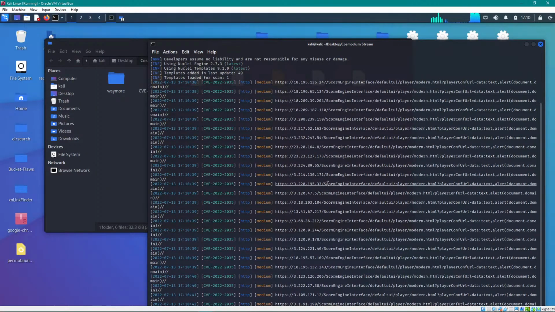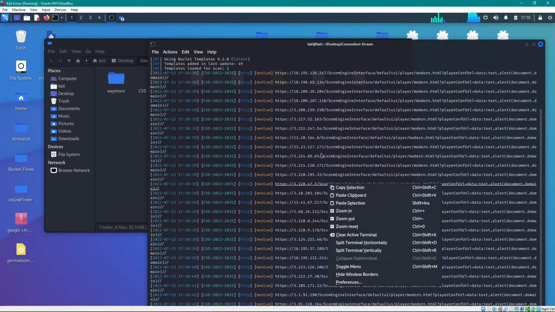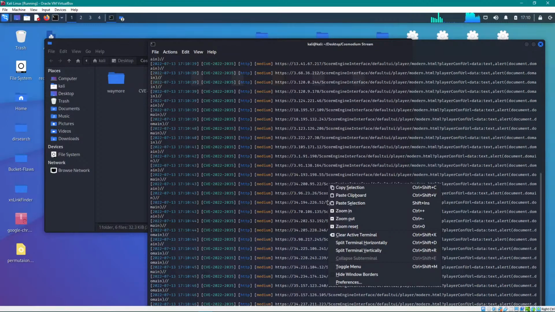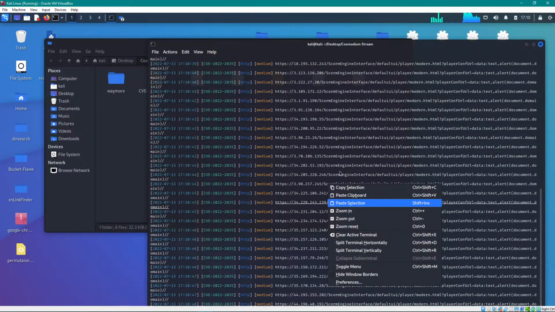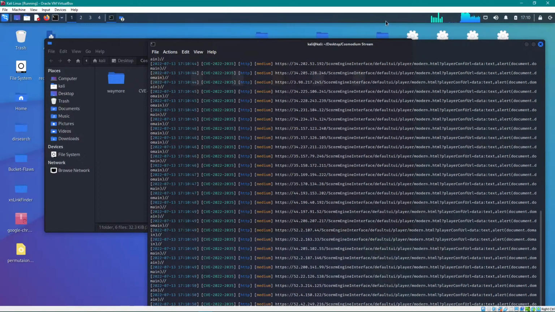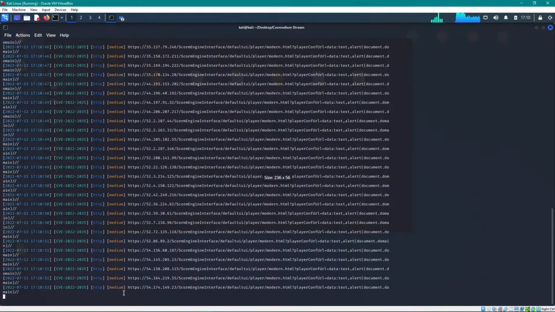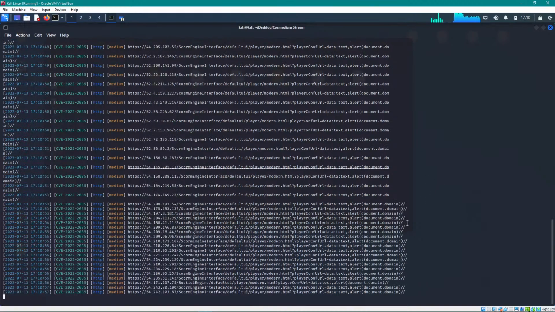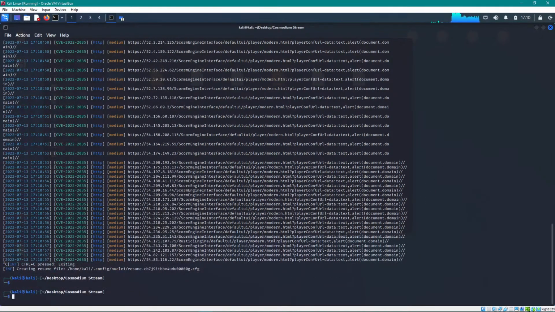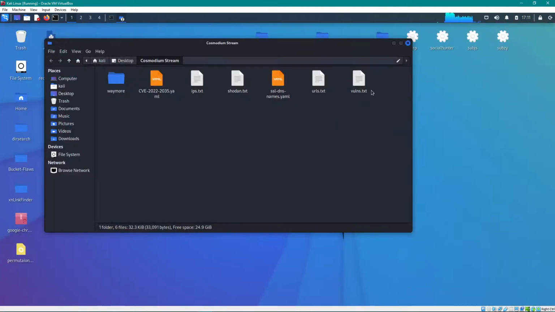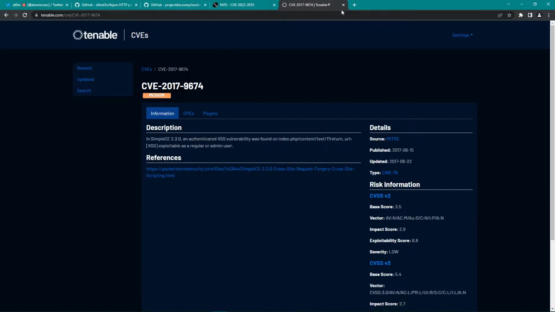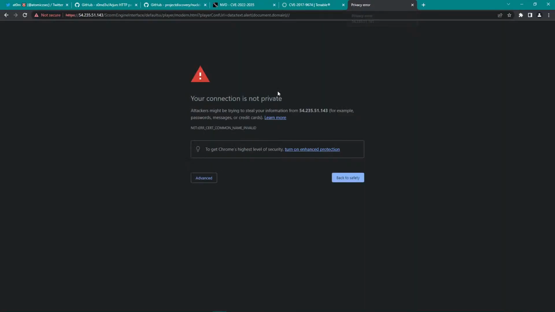Now if we go to one of them, we're going to cancel that because it's going to start running them all. So we're going to try to cancel it, but it's not working. Nuclei is taking over. As you can see, it does indeed work very well. So we're going to copy one. We're going to head over to Chrome, paste this in our browser,